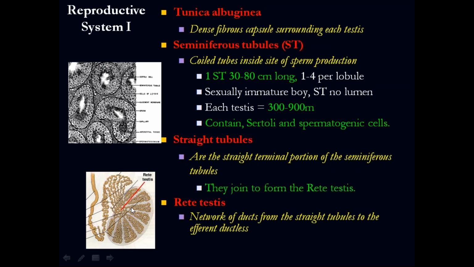These look like straight lines, right? So those are called the straight tubules. Then after the straight tubules, this small portion that I mentioned in the arrow, they are going to drain in what we call the rete testis. Rete testis in Latin means a net, like a fish net. So that is having the appearance of a fish net. So after the seminiferous tubules, the spermatozoids go to the straight tubules, and then they go to the rete testis.